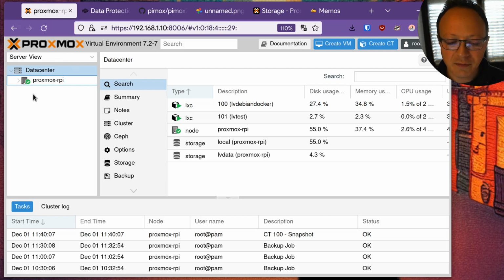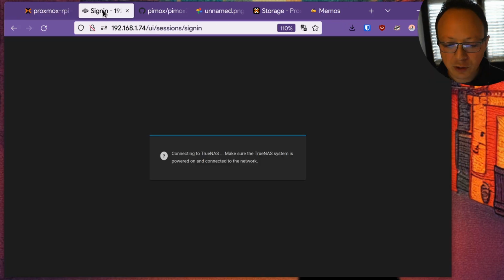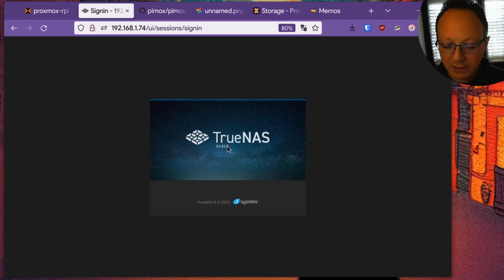So you can have multiple computers which can share resources and move containers and virtual machines from one to another one directly from the web UI. And I'm not sure it is implemented also in TrueNAS.